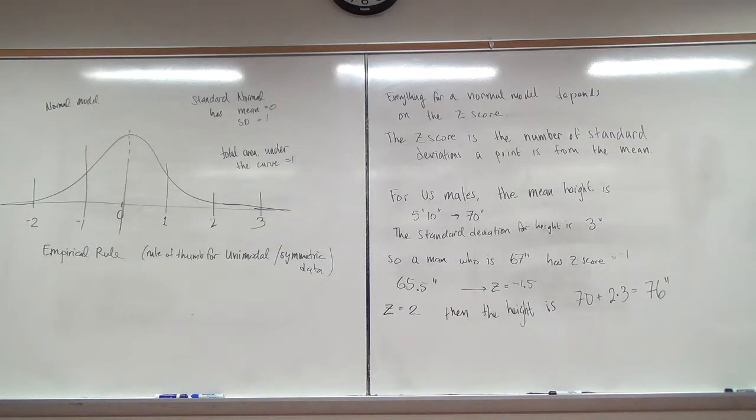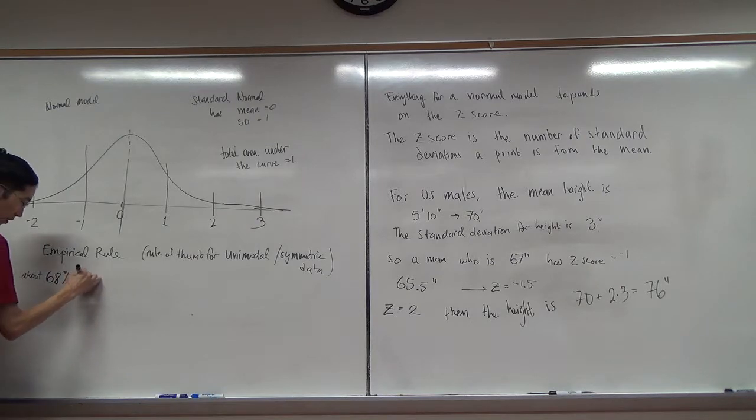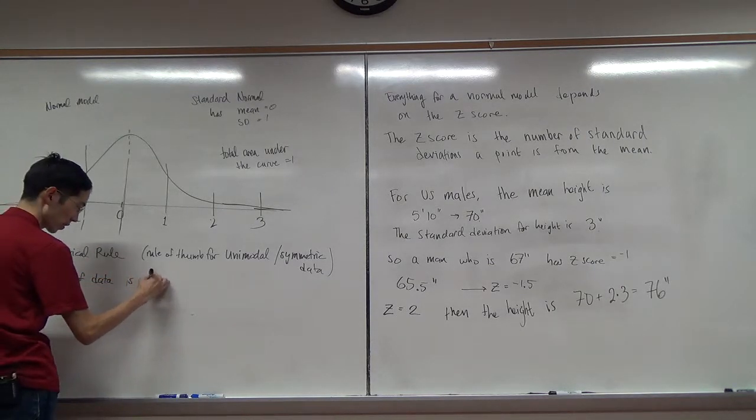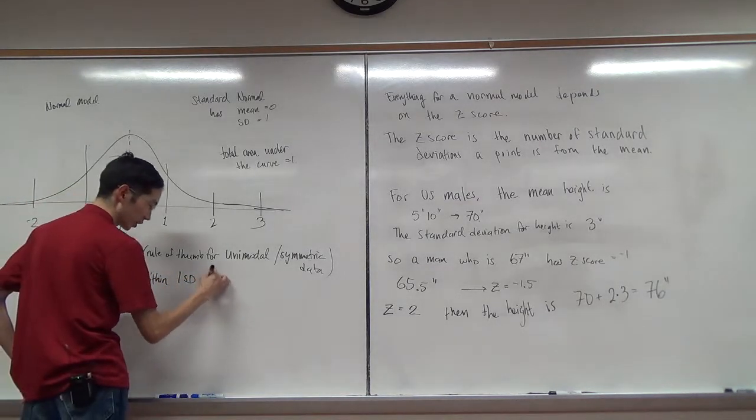We say if a data set is unimodal and symmetric, then about 68% of the data, so a little bit more than 2/3, but for all intents and purposes 2/3 is fine, is within 1 standard deviation of the mean,